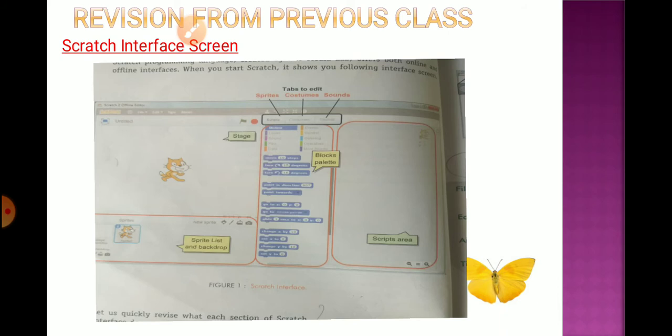The different menus are available here. The menus are File, Edit, About, and Tips. The menu bar has 4 menus. What are the menus? File menu, Edit menu, About menu, and Tips menu.